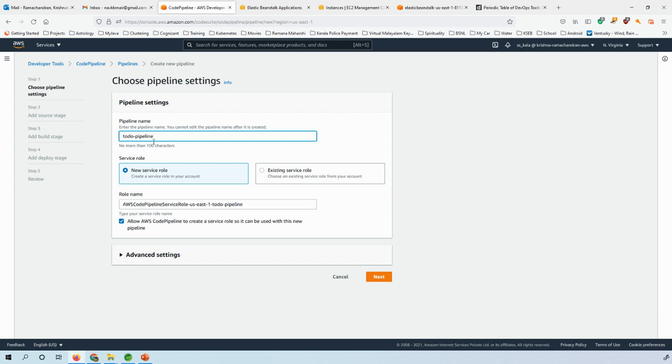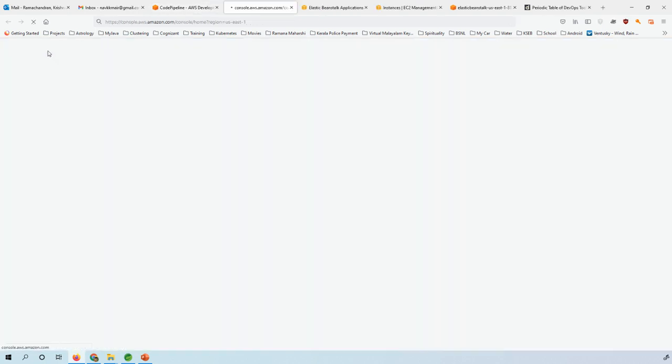pipeline. And then we will specify if you want to use an existing role, because we need to give some role to the pipeline, because we haven't talked a lot about IAM, identity and access management. For every functionality that we need to use, there has to be some corresponding role associated with that. So if I go to IAM,